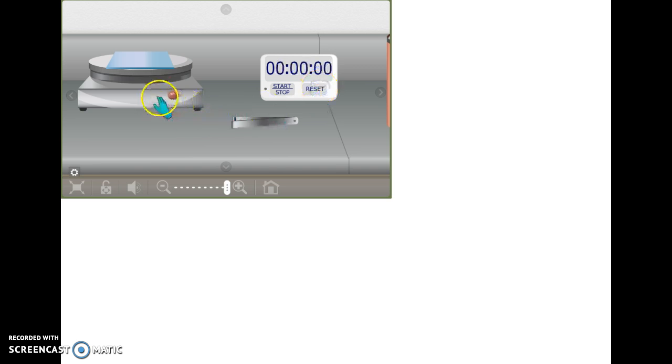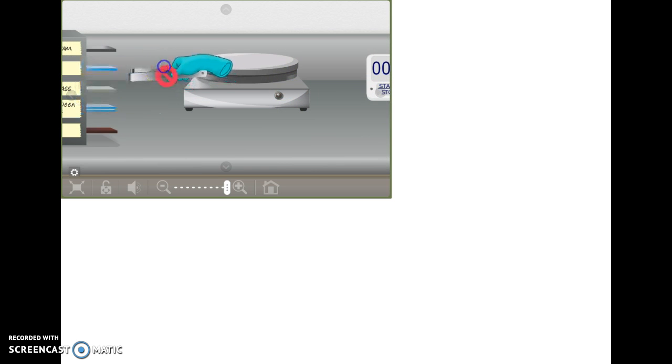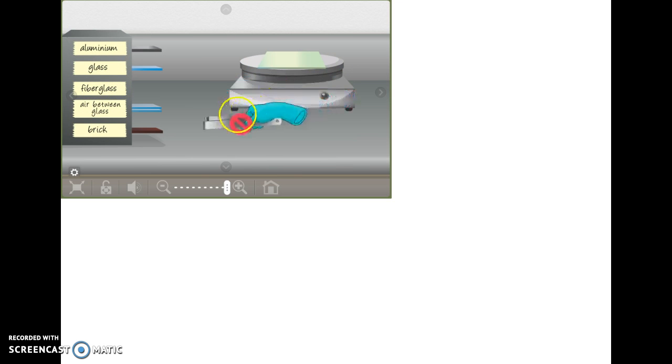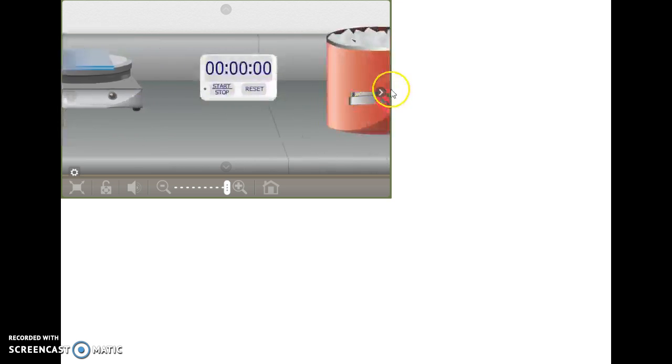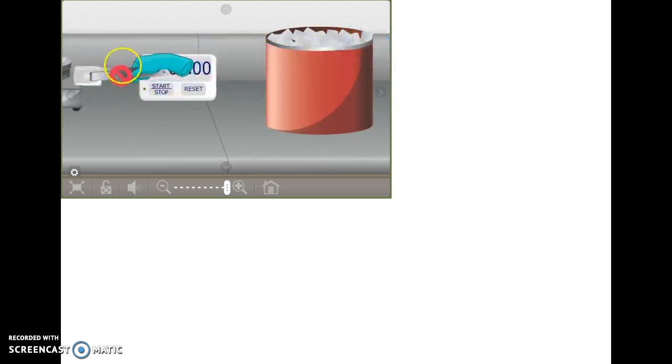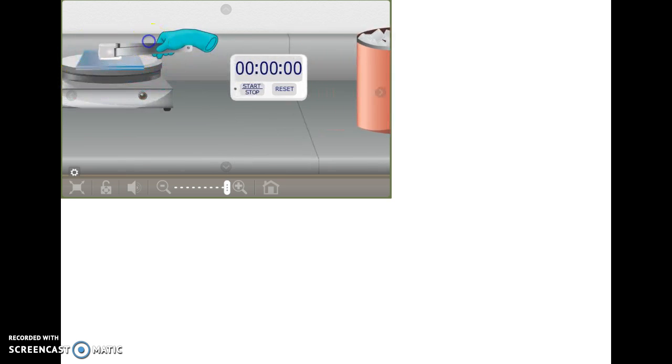You can reset it. You're going to turn off the hot plate. Pick the tongs up, place the material back, then pick the next. We are now working with the fiberglass. You would do the same thing. When you're done with that, you're going to put that one back. Then you'll do the air between the glass. You'll still do that same thing each and every time, placing the ice cube on, putting the tongs down,